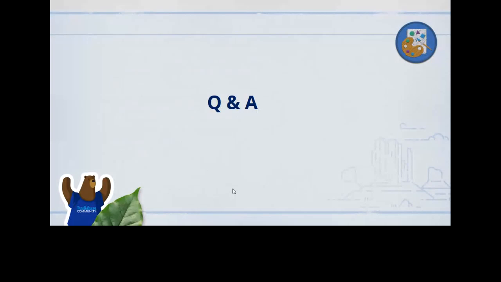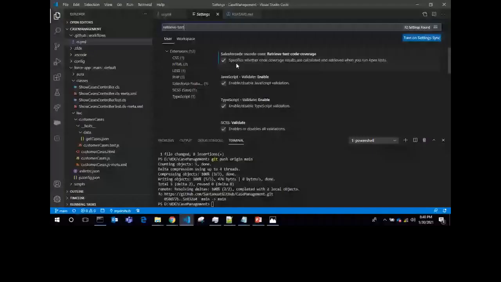Whatever test class you run, VS Code will store all those code coverages. So it is not recommended to always keep this checkbox enabled for retrieve test code coverage. When you need it, you just check this functionality.